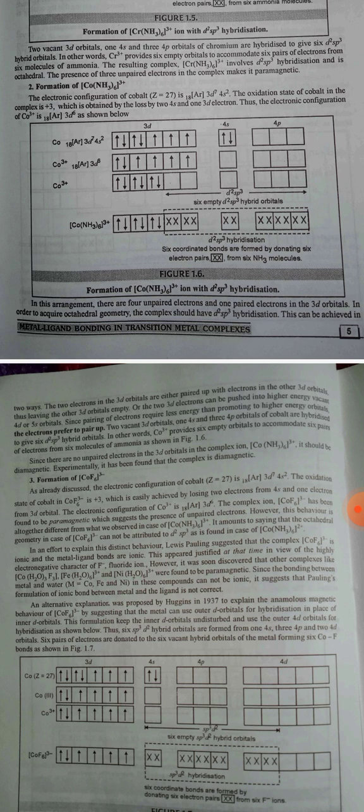This can be achieved in two ways. The two electrons in the 3d orbitals are either paired up with the electrons in the other 3d orbitals, thus leaving the other 3d orbitals empty, or the two 3d electrons can be pushed into the higher energy vacant 4d or 5s orbital. Since pairing of electrons requires less energy than promoting to higher energy orbitals, the electrons prefer to